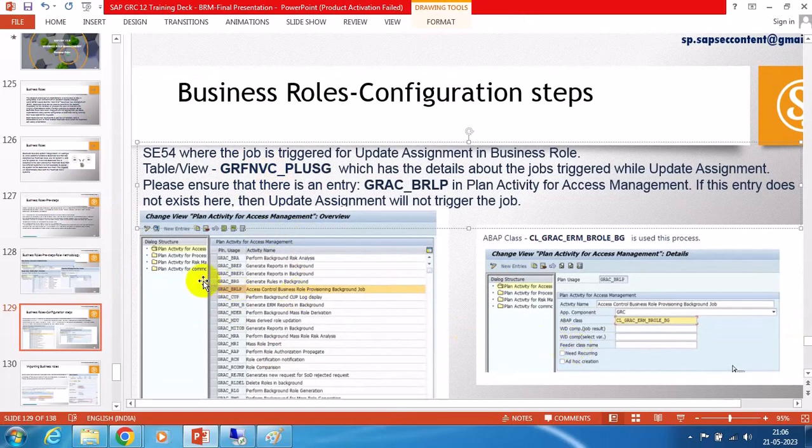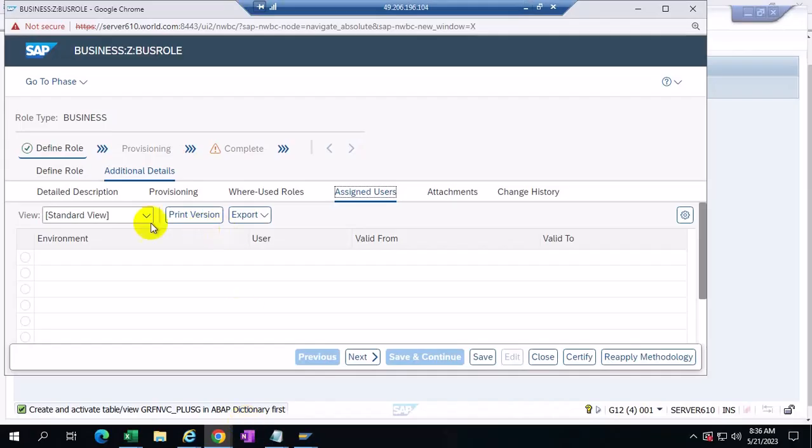Good. So I'll let you know next class because one of my friend is working. He has parallelly submitted an SAP incident and his system workflow is working. He has prepared the file and imported it and he will submit the request. I asked him to submit the request because until we provision at least one user, this will not enable the provisioning button,